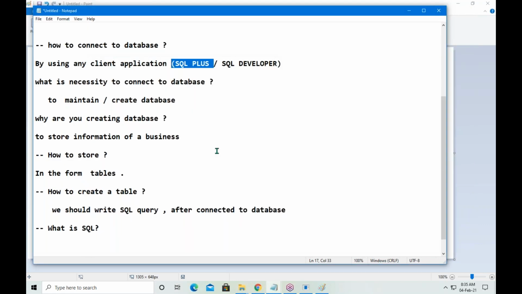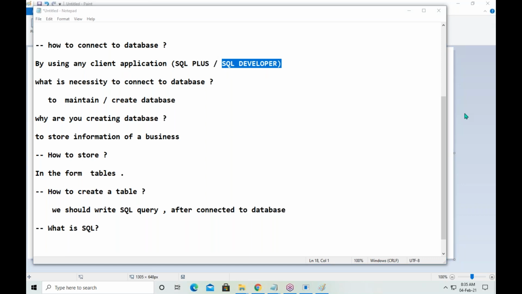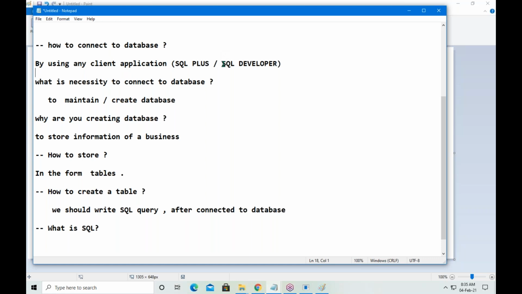The other one is SQL Developer, which is a GUI type interface. I will show you how to connect through this also in our present session, so you will understand the look and feel of SQL Plus and SQL Developer.